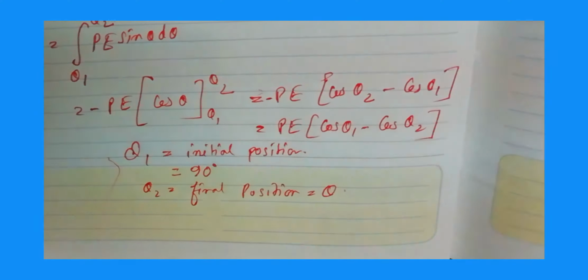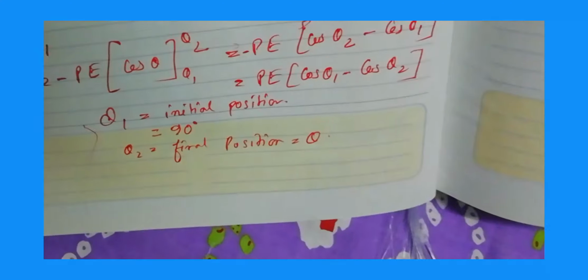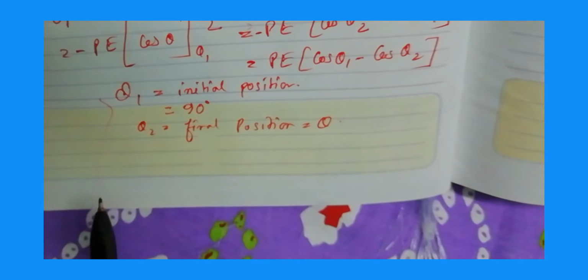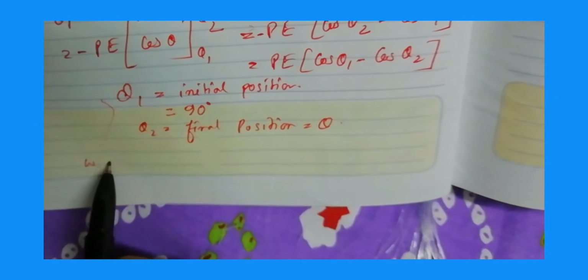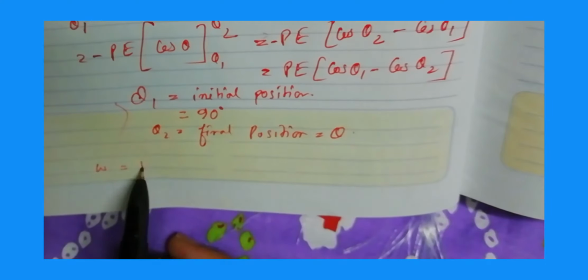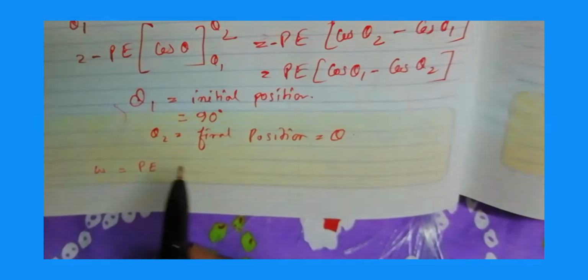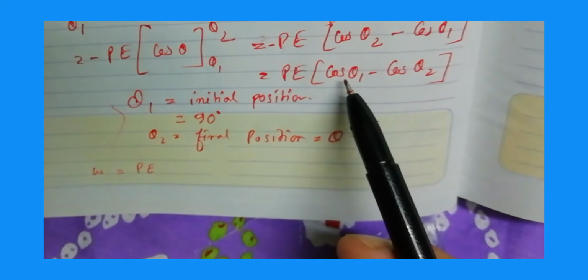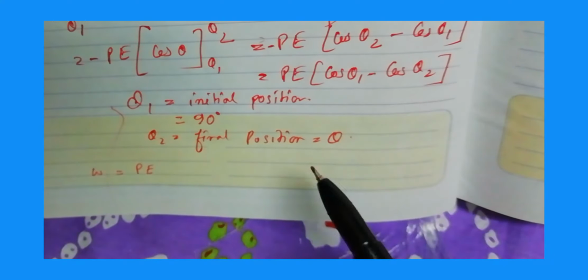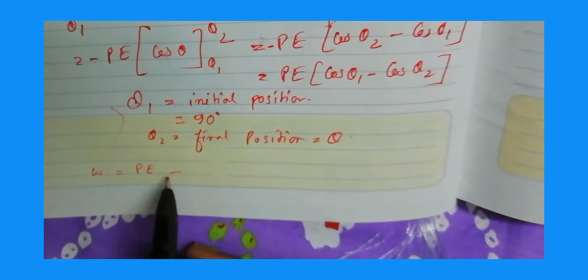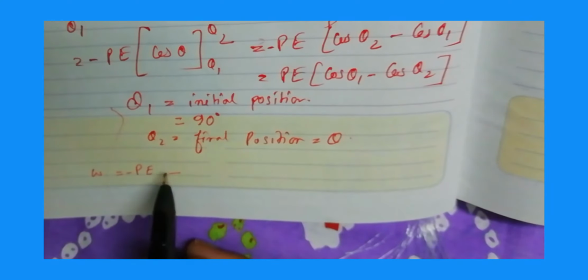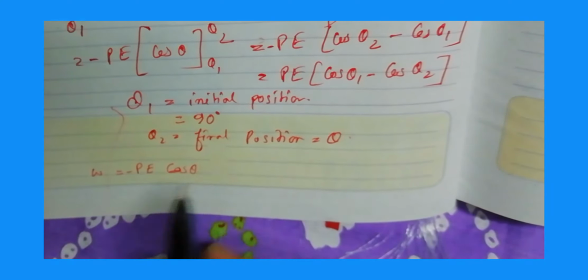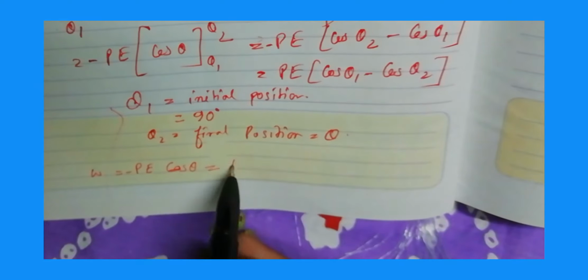If so, then our expression of the work done would be P E times cos theta 1 minus cos theta 2. Cos 90 degrees is 0, and theta 2 is theta only, so it is minus P E cos theta, and this is nothing but the potential energy of